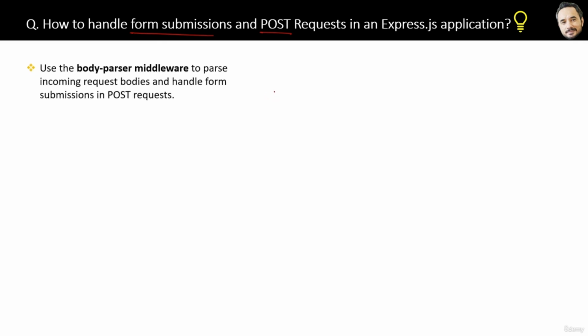In other words, the question is how you will parse the HTTP request. So the answer is use the body-parser middleware to parse the incoming request bodies and handle the form submissions